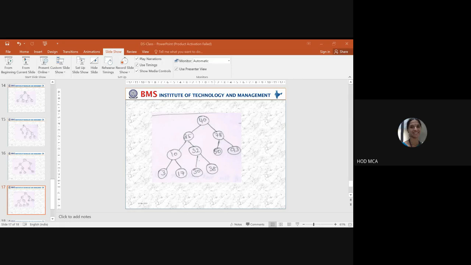See, one thing you should all remember is whenever we talk of in order, it will always be in ascending order. When you write the in order of a tree, it will always be in sorted order. See here, we started with 3, 10, 17, 25, 30, 32, 38, 40, 50, 78, 93. It's all in the sorted order, is it not?